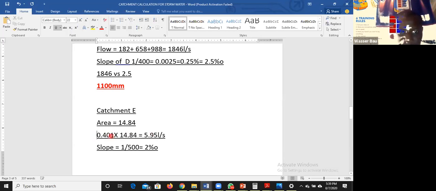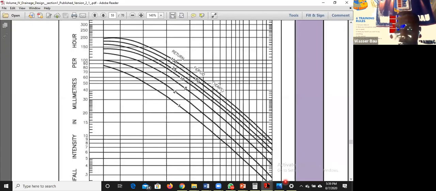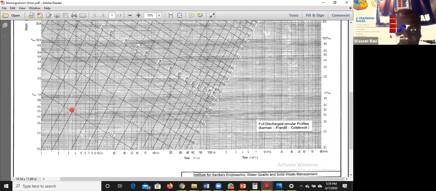So the impervious area, which is the real area contributing to runoff, is 14.84 multiplied by the runoff coefficient, which is uniform. In some cases, it might not be uniform. You have to start calculating it differently for the individual plots. So for the runoff coefficient,